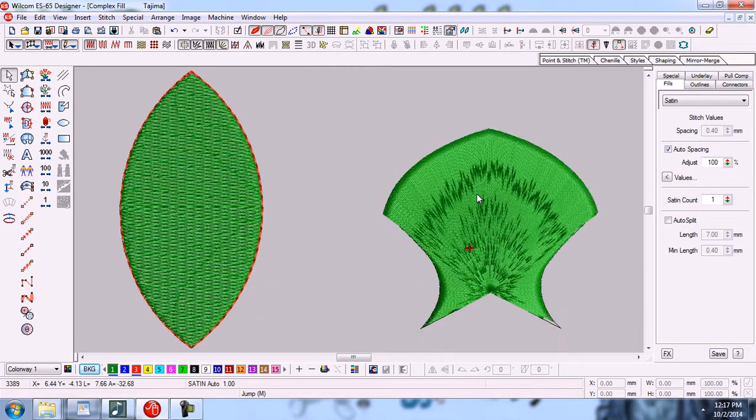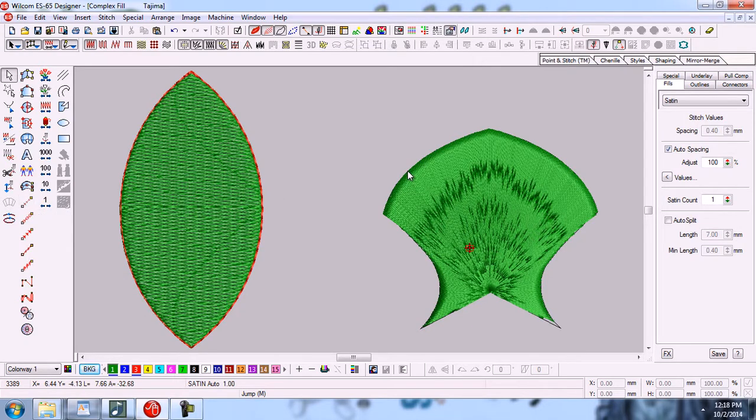These running tools are often used to make the outlines of the subjects of design, especially the single run tool, which is often used in traveling. When we make the traveling of the design, traveling means remove trims and jumps. So in traveling we often use this tool, I mean running tool.